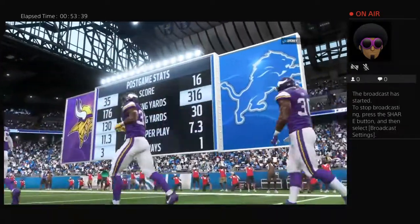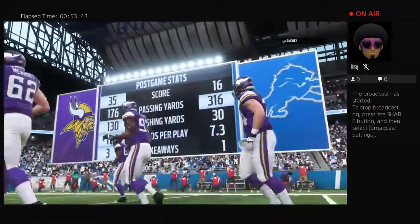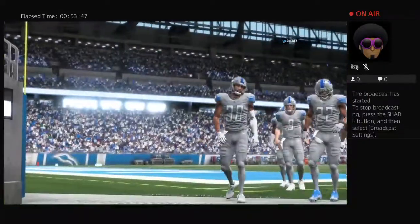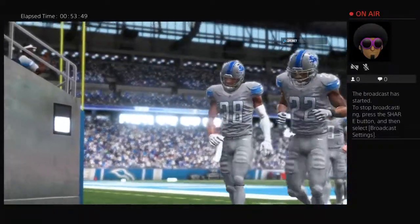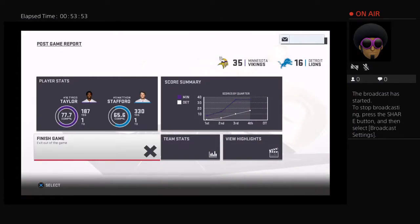So for the Vikings, it's a critical win for them as it gets them to 9-6 on the year. And they'll head back home next week to take on the Chicago Bears. Meanwhile, for the Lions, it'll be loss number 6 on the season for them. And they'll try to get back to their winning ways next week as they head to...